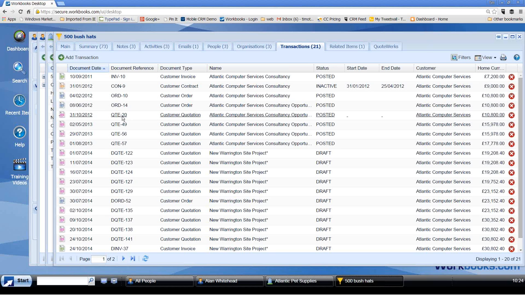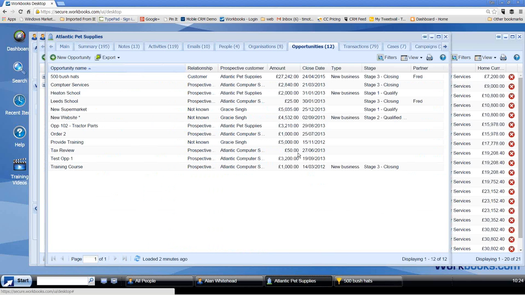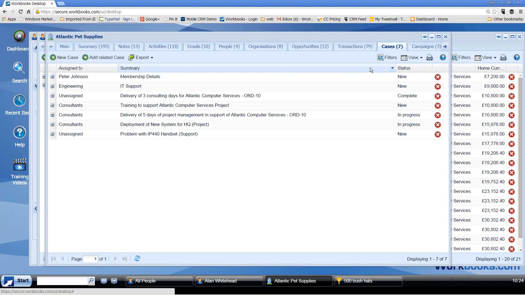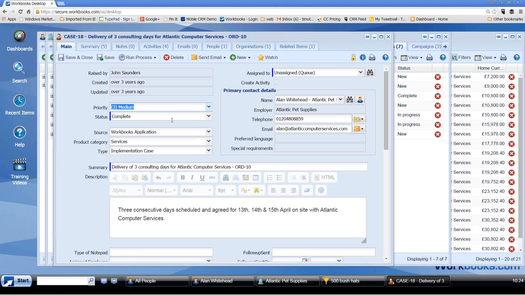And we can click into one of these quotes and see more information about that quote there. So great and easy way of creating any financial transactions in the system. If I pop back to the client's record, if I just show you cases here, so this is a great way of managing any support activity here, and these are some that I've created previously. So we've got 7 cases on the go with this customer, and I can click into one of these and now display more information about this case. This screen too can be customized. Get it to display the information you want to know about this service issue.